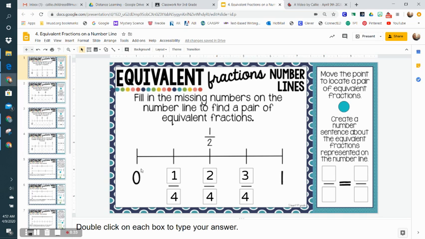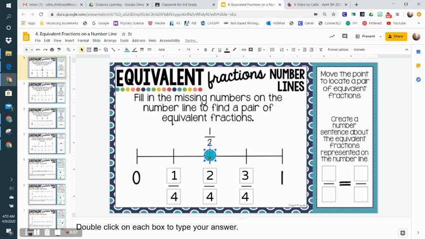Now, as I'm looking at this, I notice 1/2 is written above right here, and that 2/4 is written down here. And so this is an equivalent fraction. 1/2 equals the same thing as 2/4. But I'm going to come on over here and answer this question now. It says, move the point to locate a pair of equivalent fractions. So I'm going to take this point and I'm going to move it to right where I made that observation,